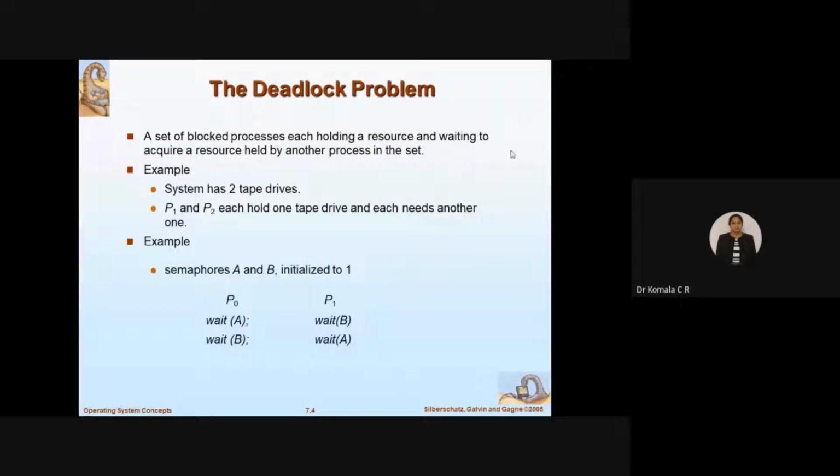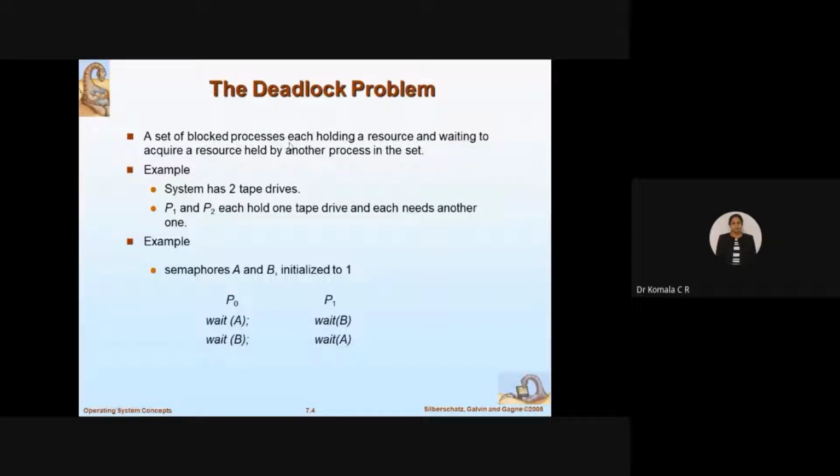You are unable to complete any of these processes. They are all blocked because, for example, P1 is requesting some resource R1. The same resource R1 is held by some other process, say P2. P2 is not ready to release the resource requested by P1, so either I will not complete P2 or I will not complete P1. P1 is waiting for P2 to complete and P2 is waiting for P1 to complete.